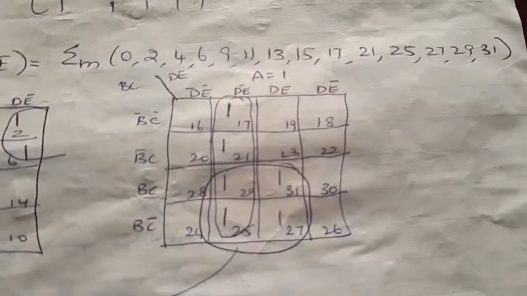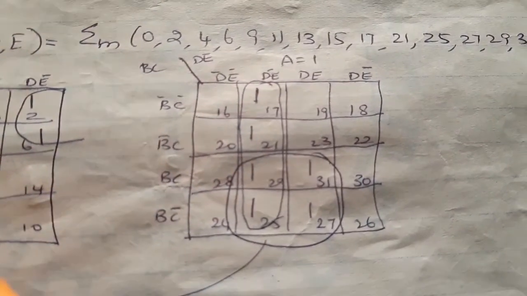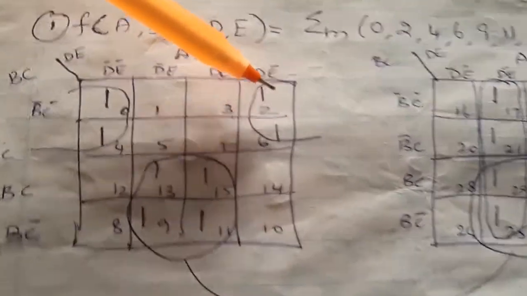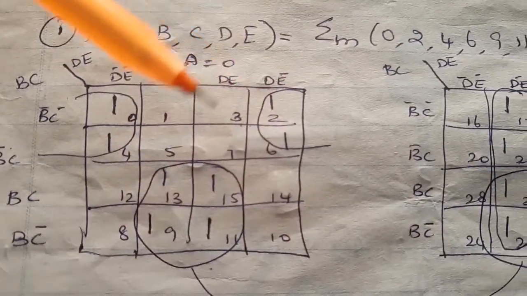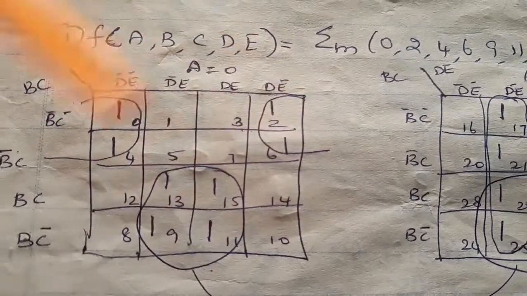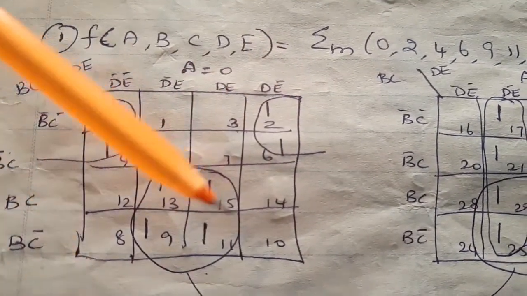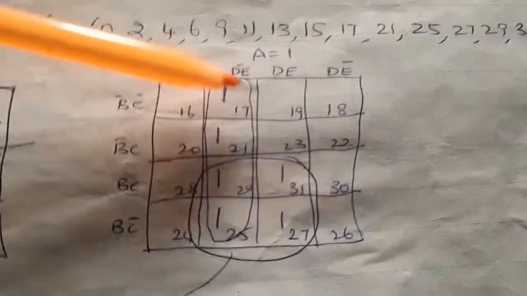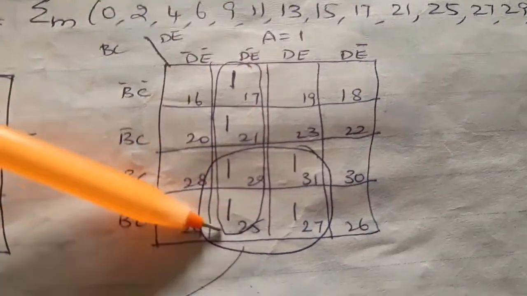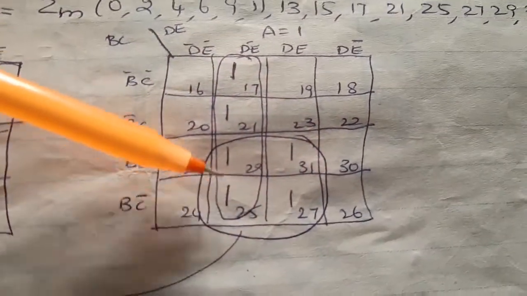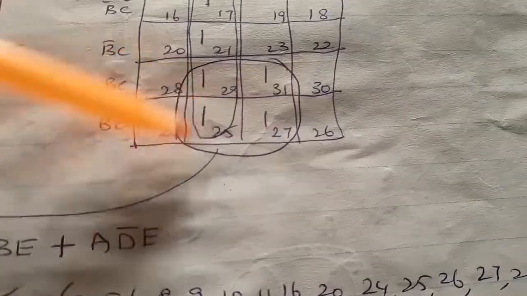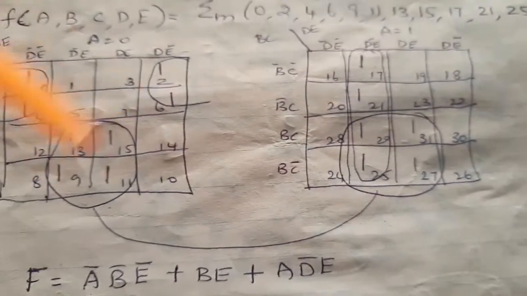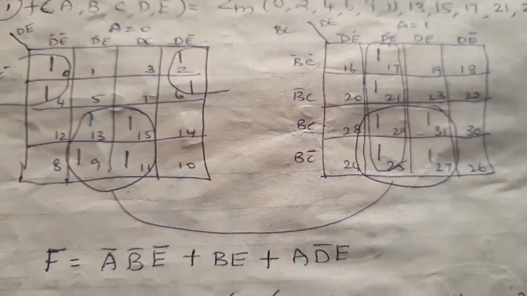So you have mapped. After mapping, you need to combine your adjacent cells. These two on the edges are remaining, which means you can do the flipping. You can fold it, so you fold this and it becomes one quad. This is one quad. This mapping is over. Now come to this part. You can have one quad in the full column and one quad over here. This quad's 4 ones and this quad's 4 ones lie in the same constituent cells, so you can combine these two quads to make one octet.